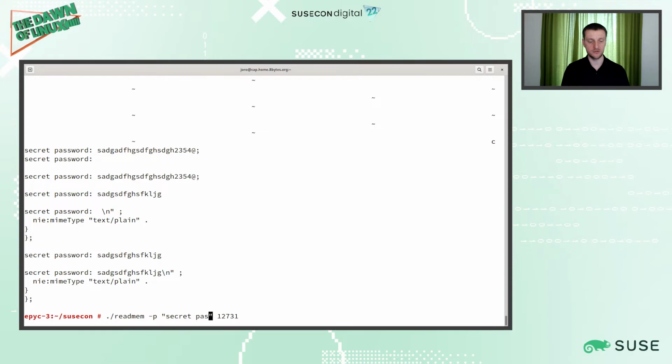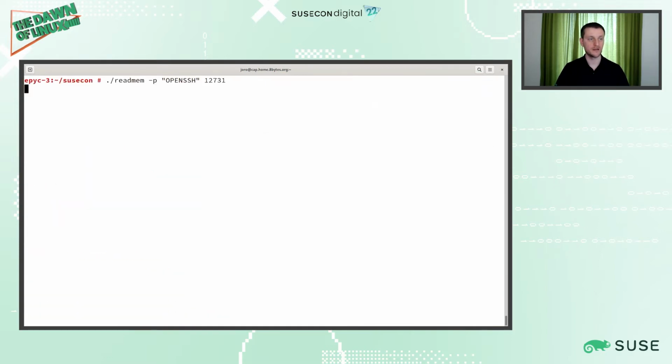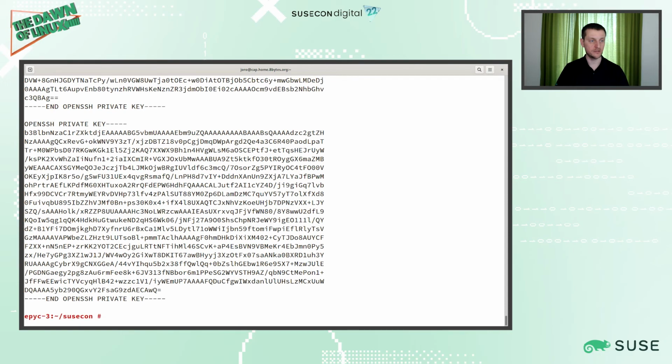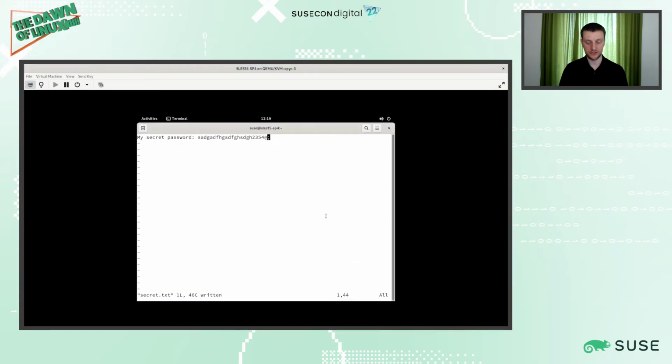The attacker can even search for other secrets. Let's see what we find when we search for OpenSSH. Oh, it gives us several private keys which are stored inside the VM, so this can be stolen too. Basically everything that is in guest memory can be stolen this way. And it's not very hard to do for someone that has root access to the physical machine. And again, the guest owner or the guest has no way of noticing that. So we better shut down our virtual machine so that our data can no longer be stolen.